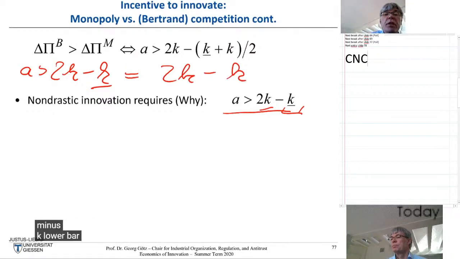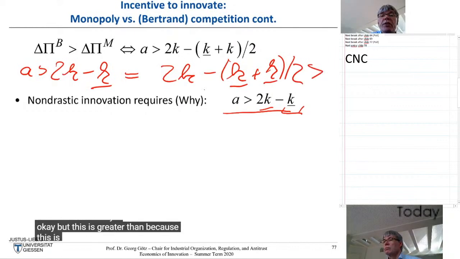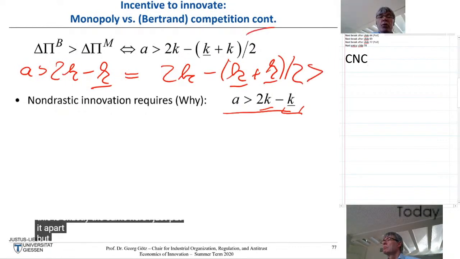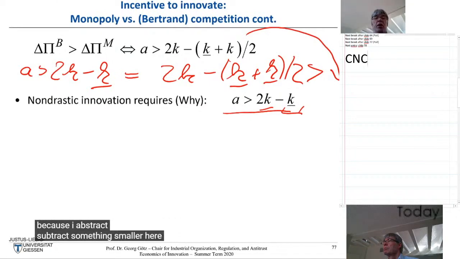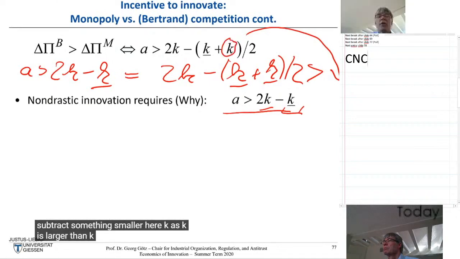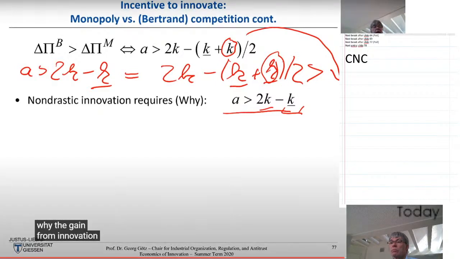Minus k lower bar plus k lower bar divided by 2. Okay, but this is greater than, because this is exactly the same here, I just put it apart. But this is greater than this expression because I subtract something smaller here. As k is larger than k lower bar, it's clear that this holds. And this is a formal proof for why the incentive to innovate, why the gain from innovation is larger under